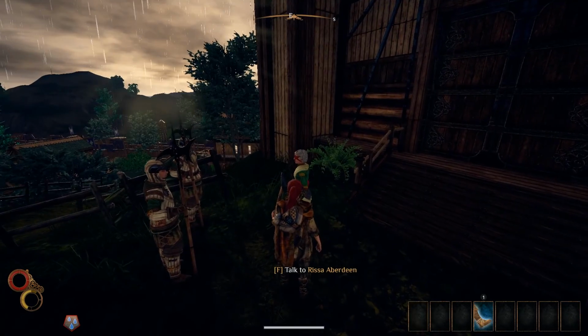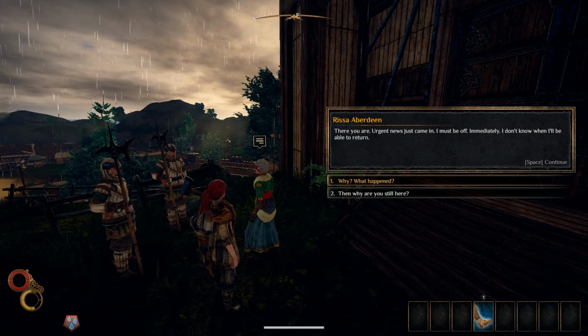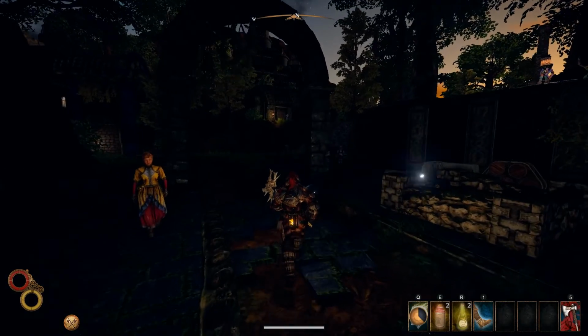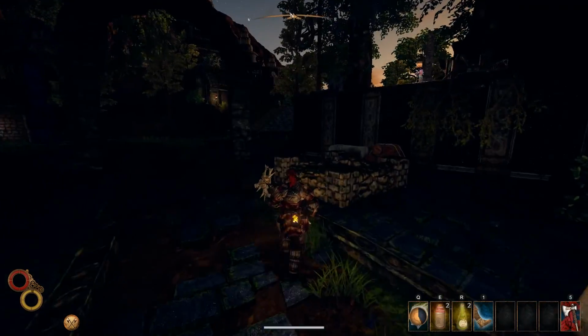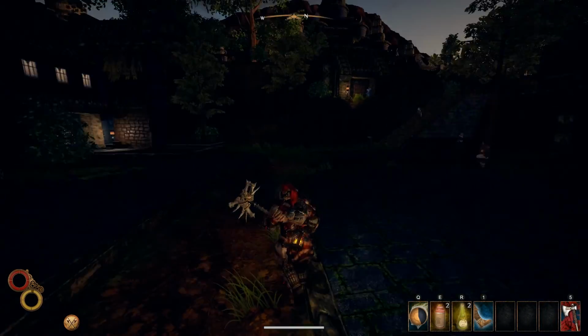Oliel will go to Monsoon in Hollow Marsh, Risa will decide to go to Berg in Enmakar Forest, and Yazan will go to Levant in Abrasar Desert. Like I said, they all represent different factions, so now you will have a choice to make. Before joining one of the factions, you can freely talk to all of them and then choose to decide. Since we're going with the Blue Chamber Collective, our mission is to go to Berg in Enmakar Forest and talk to Risa again. I won't cover all the traveling in this video because that would be insane actually, so I